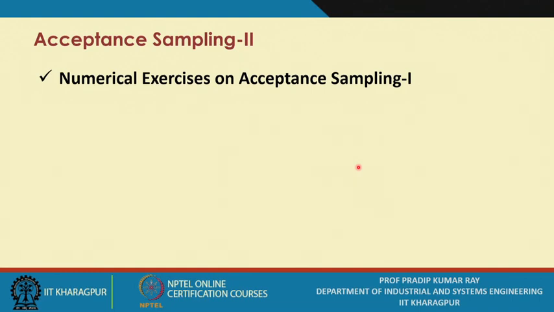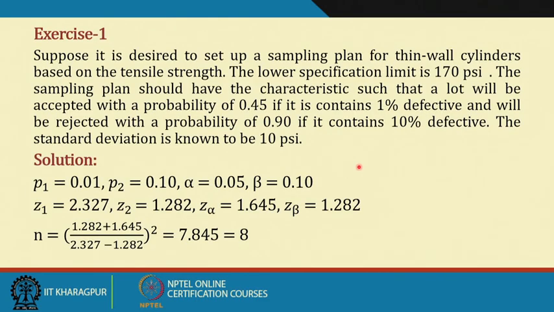So let us first concentrate on a few problems on the variable sampling plan. There will be 8 exercises in this session, and one by one I will be discussing all these exercises. In the first exercise,